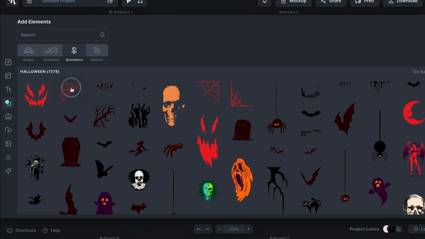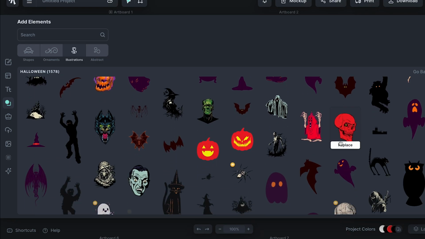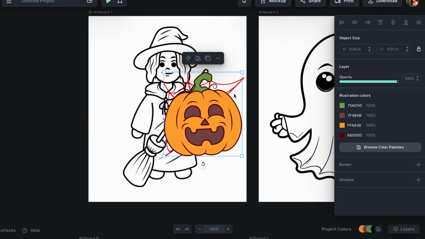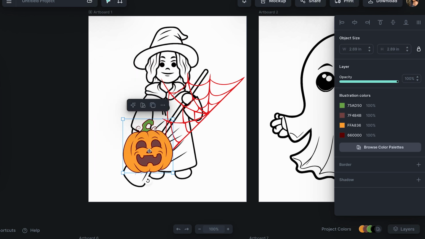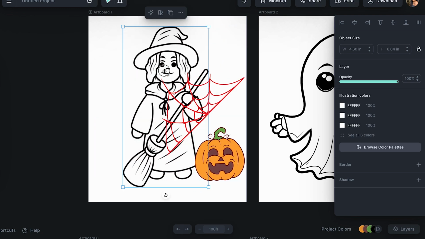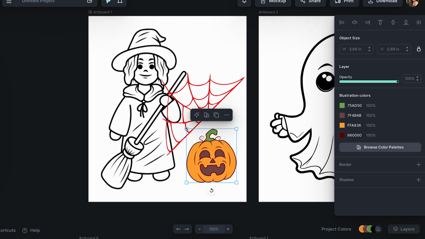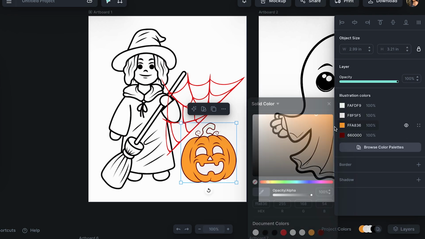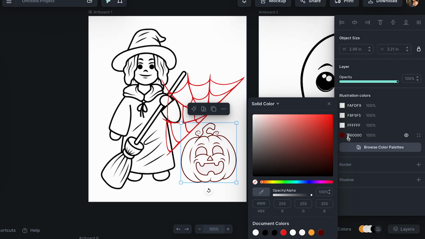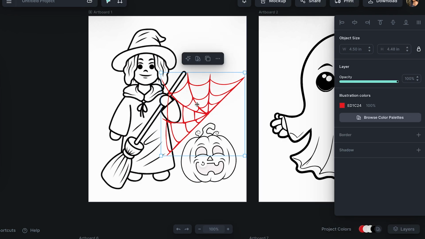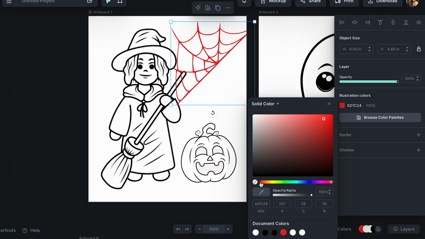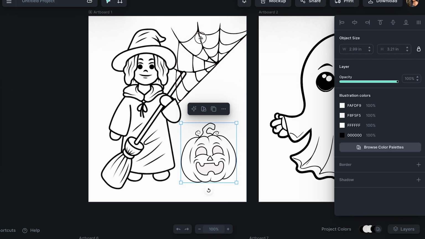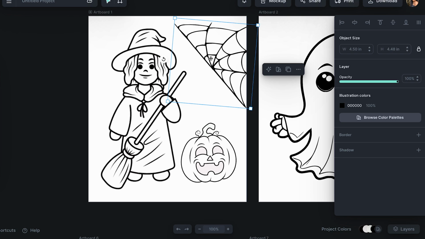So I can go and add even these ones, or this one, and we can adjust it in our same coloring page. So maybe I can put my witch over here, and over there I can go and adjust all of this to black, what we just did with this one as well. So over here, and then this one to white, and then this one to white, and then this one to black. And we already have this one over here, and we can adjust this one as well. So to black only, and I can place it in another way. So something like this